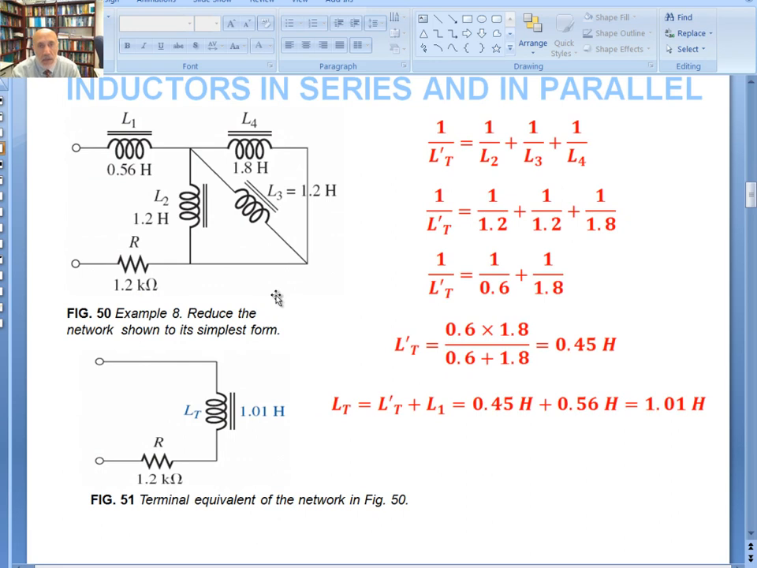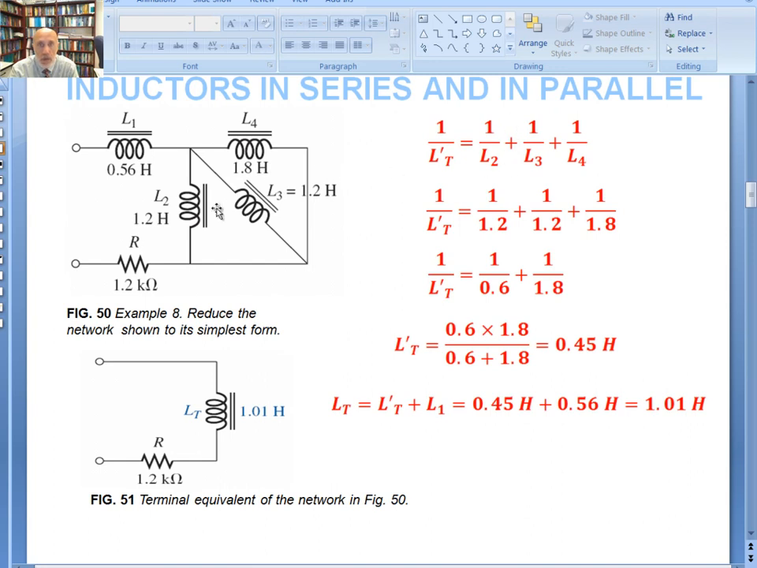As an example, let's say you have 4 inductors, 3 of them connected in parallel. The combination of those 3 is connected in series with L1. And also we have a 1.2 kilo ohm resistor. You want to reduce it to the simplest form. So if I look at these 3, let's call those L prime total